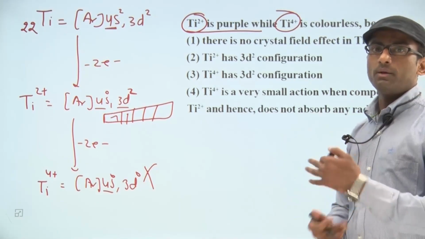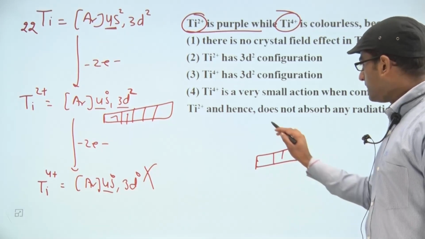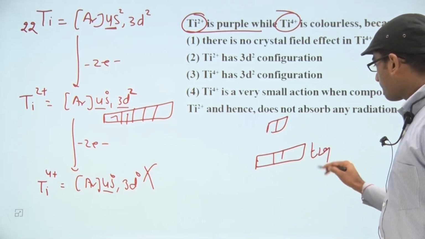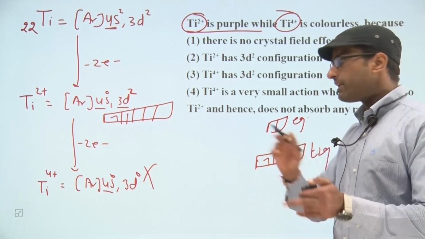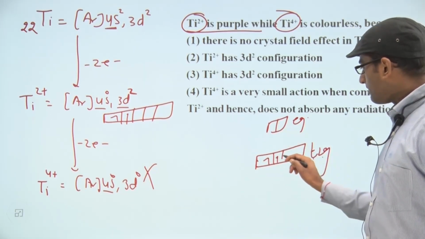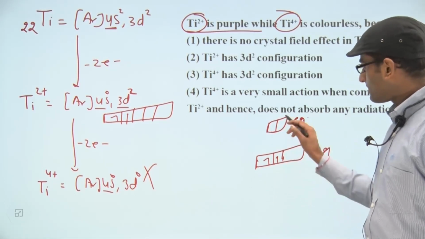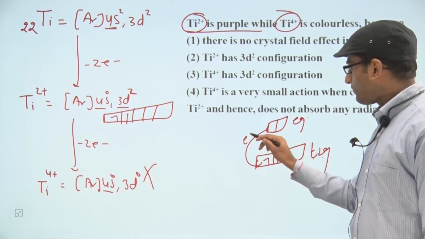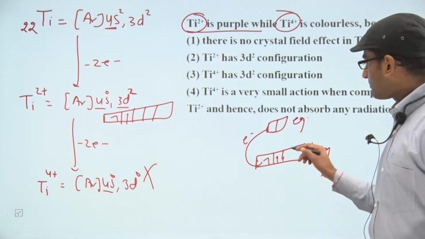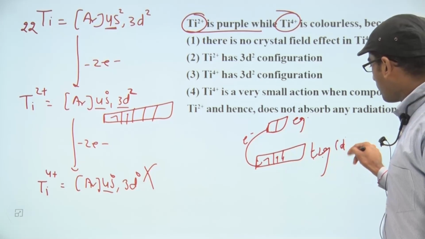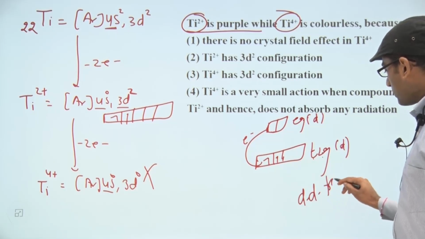There will be d-d transition of the unpaired electron. The d-d transition means the transition of an electron from t2g orbitals to eg orbitals. The 5 d orbitals are split into 2 categories. One is t2g, made of 3 d orbitals, and the eg category is made of 2 d orbitals. Total 5 orbitals are there. There is a transition of electron from t2g to eg, and during this we get a particular color. The transfer of an electron from one kind of d orbital to another kind of d orbital is famously known as the d-d transition.